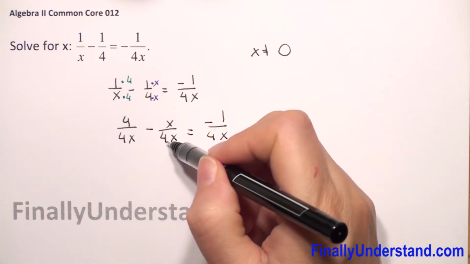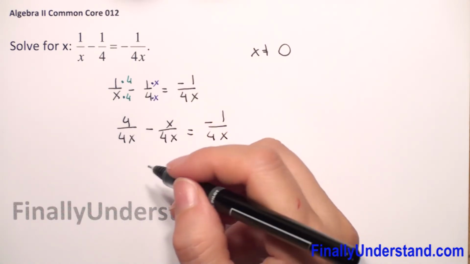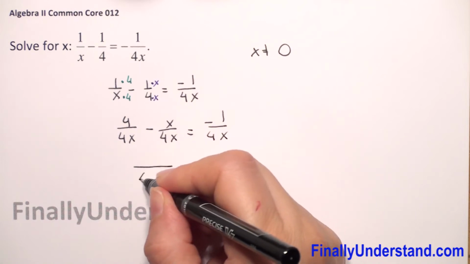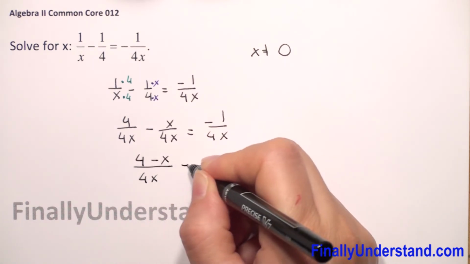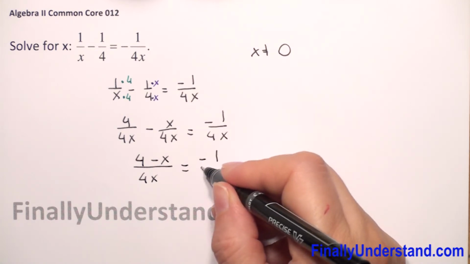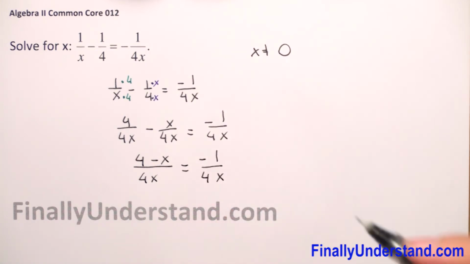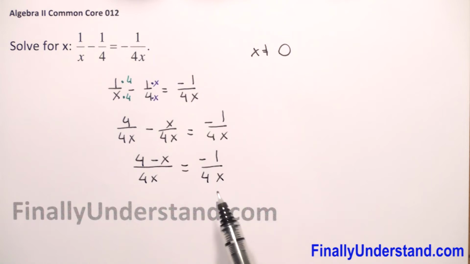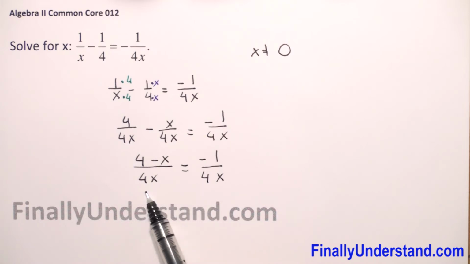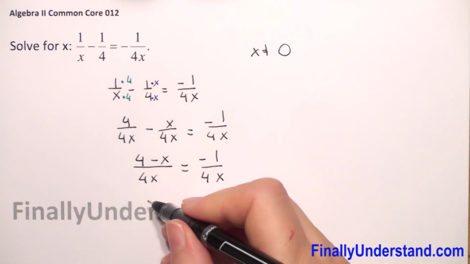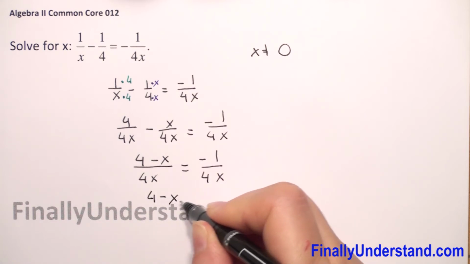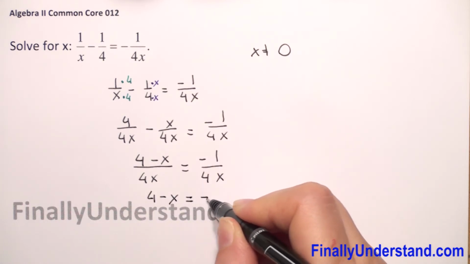The same denominators, so we can add these two expressions. The denominator we copy, and we have in the numerator 4 minus x. This is equal to negative 1 over 4x. Next, because we have the same denominators, we can forget about our denominators and only compare numerators. So we have 4 minus x must be equal to negative 1